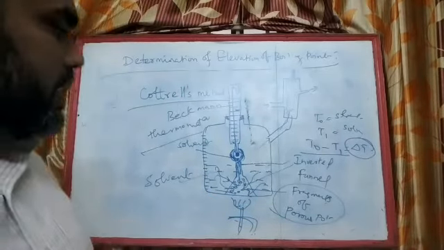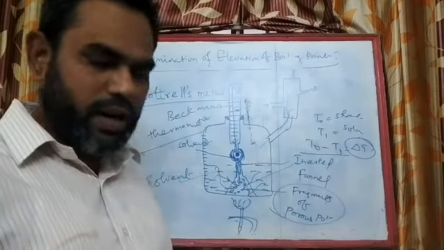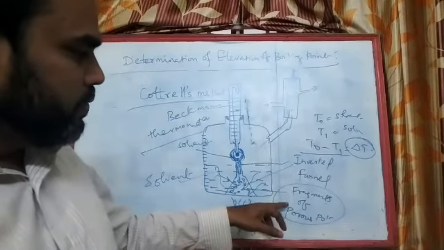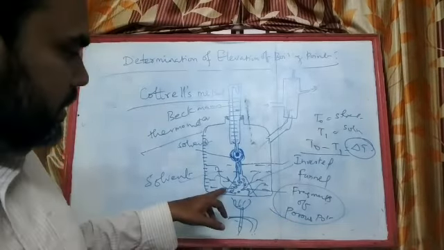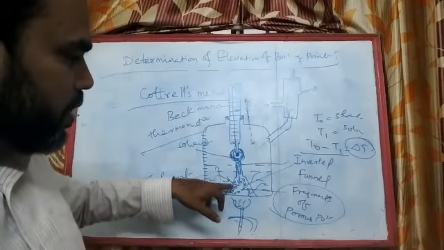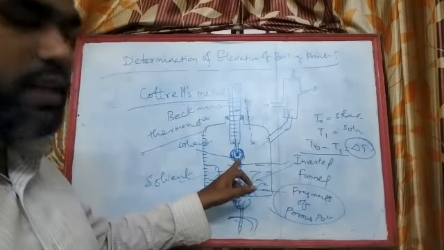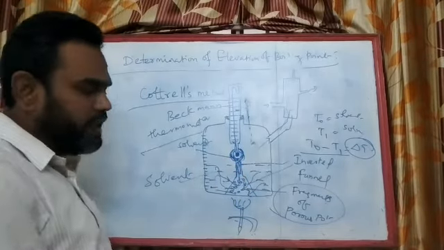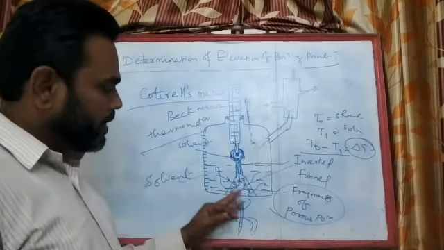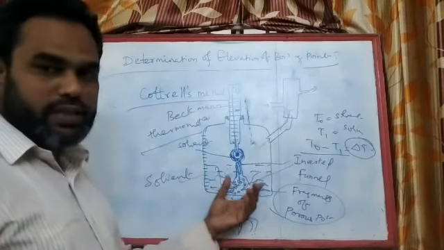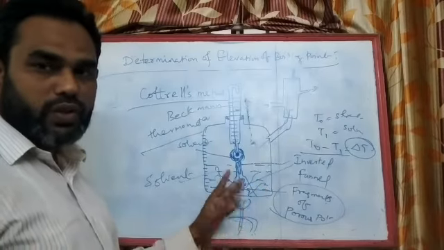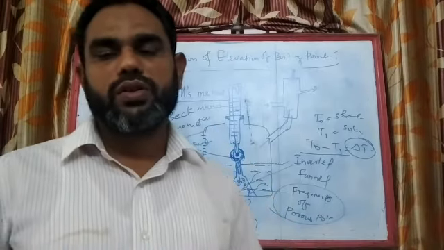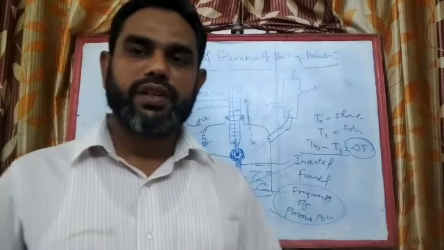So what is the advantage of the fragmented porous funnel? Through the fragmented porous funnel, the solvent or solution passes through this and heats the solution kept here. The solution is not directly heated by the burner, but it is heated through the solvent which is kept already inside. So superheating is avoided in this case. Through this method also, you can precisely measure the elevation of boiling point.